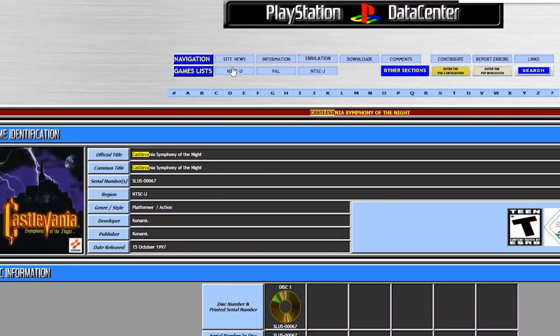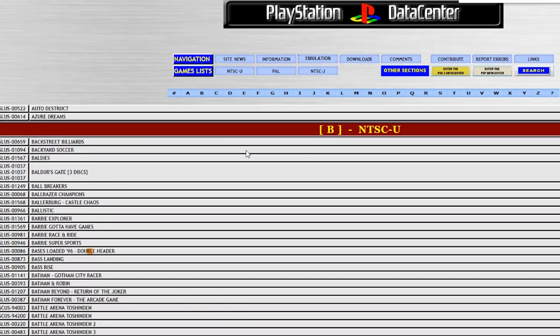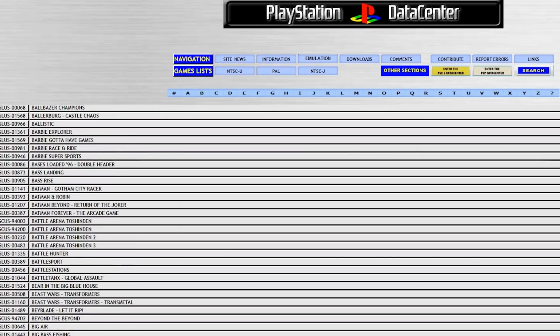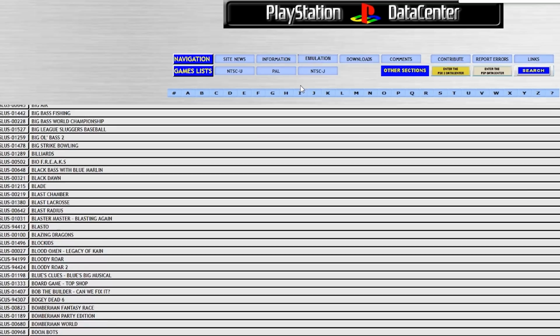And we're gonna go to PlayStation Data Center, which is a very convenient site which has all the games documented that were ever released. And here we can find the disk IDs for these games. This is not mandatory, you don't need to use the disk IDs as a file indicator. You can also use file names you want, but especially when you use multi-disc games, it is easier and better identifiable when you use the disk IDs. So we're gonna search up Bloody Roar 2. Here you have it. So what I can do is copy the disk ID